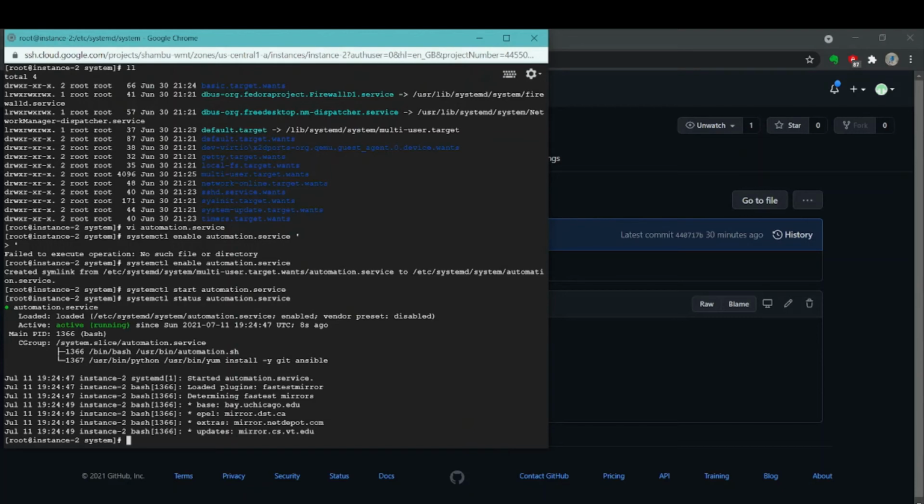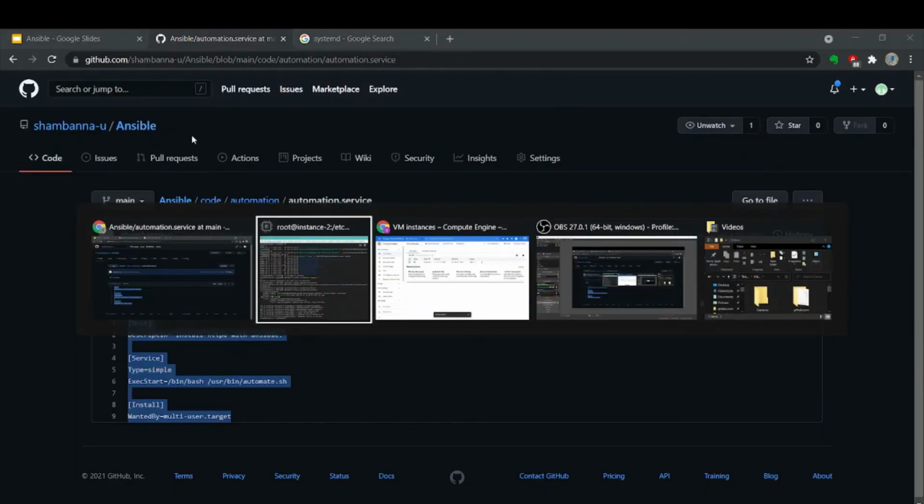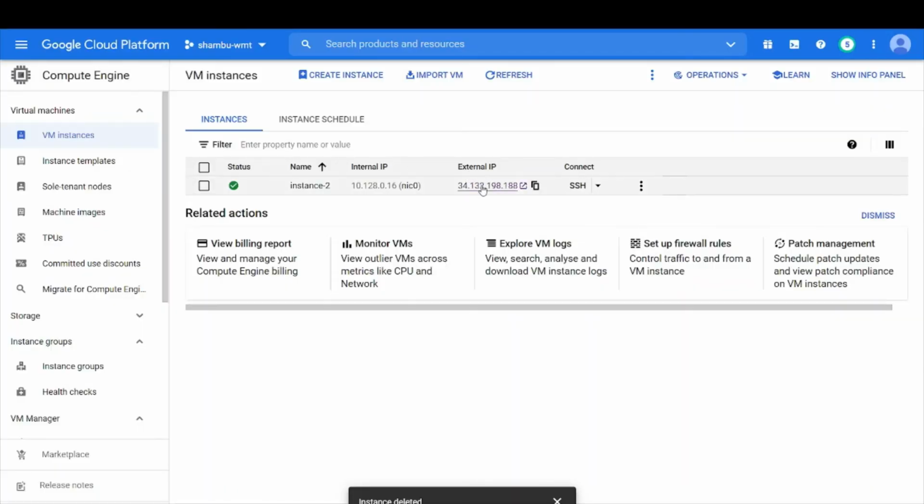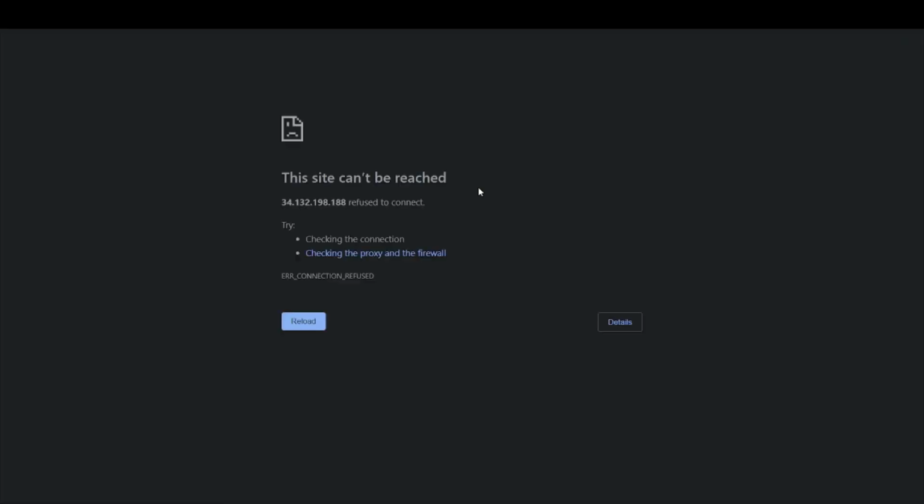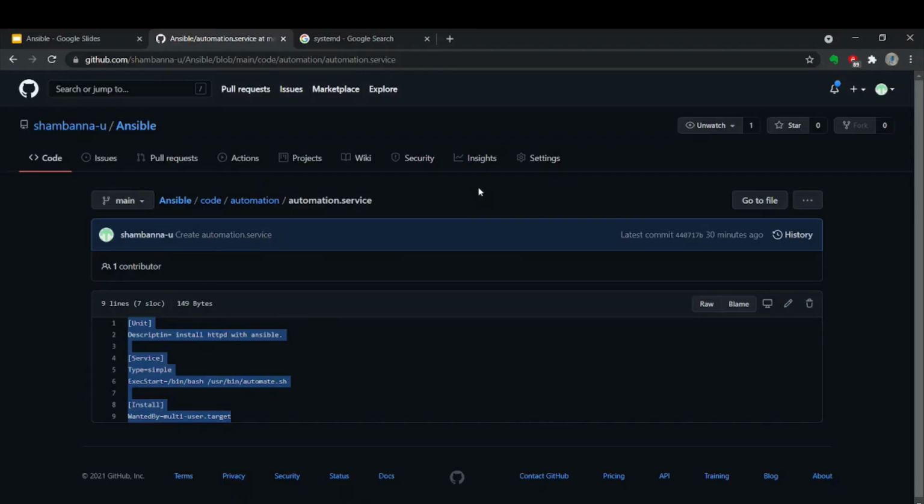Okay. So now if I open this IP, I should be able to see the same home page. It's still running maybe.